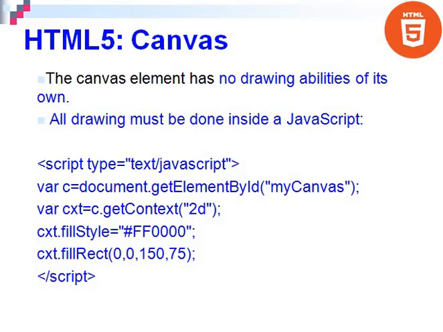Script type is equal to text/javascript. Then a variable c is declared. Then variable ctx. Then ctx.fillStyle, so that means red color should be filled. Then ctx.fillRect, so a rectangle will be displayed with red color in the corresponding canvas area.